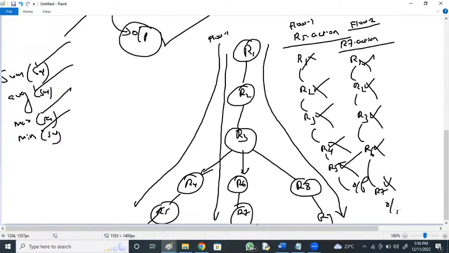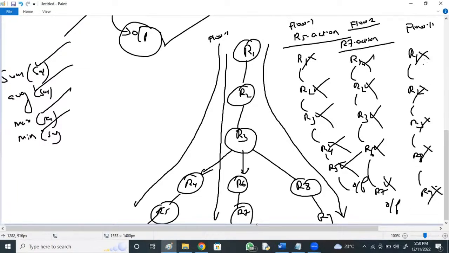Finally, the output is collected. Now what is present? Nothing. Similarly flow 3 also: R1, R2, R3, R8, R9. Here also each gets loaded and removed, loaded and removed, and the output is collected.